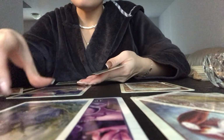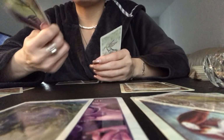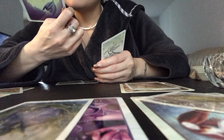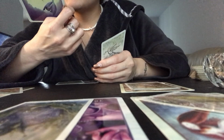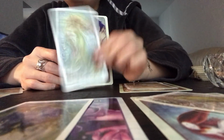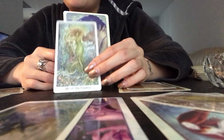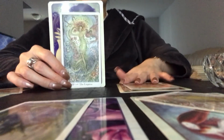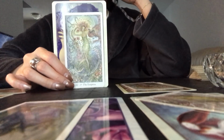The next card I have is air. I'm just going to read it: breathing deep, entering into life, exchange of life, and bringing energies. Wow. And then to clarify that, we have the Empress, you guys. This is giving me chills. Okay. These cards are really...